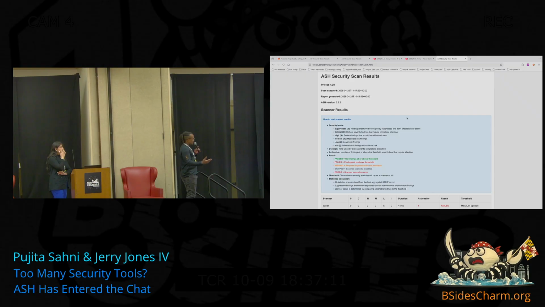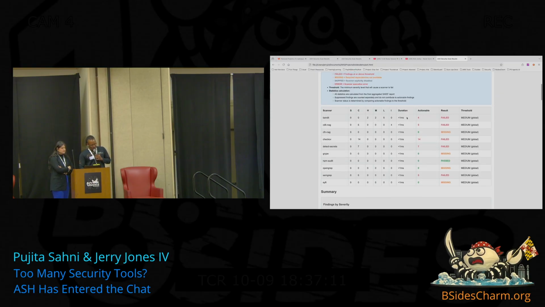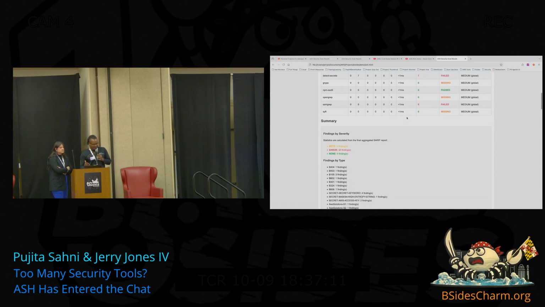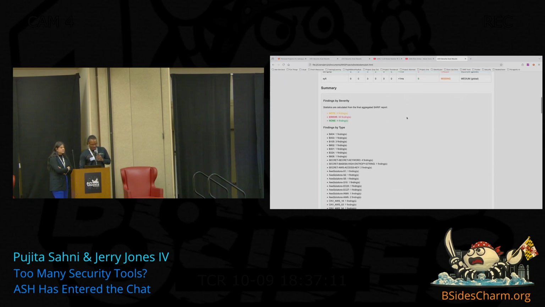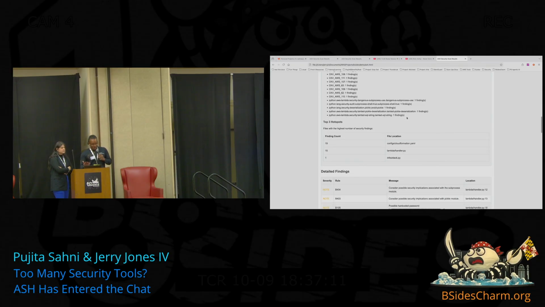So this is one version, and there's many versions that you can use, that actually shows you what this scanner picked up. So it gives you the date, gives you the time, gives you the version, and most importantly, it gives you the findings. In totality, it's probably over 35 in this one hypothetical. Believe me, Enterprise will find many, many, many more. It's nice because it shows you by scanner what it picked up, by severity, by type, and even gives you hotspots.